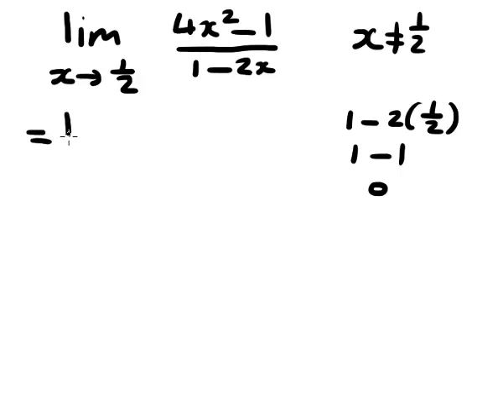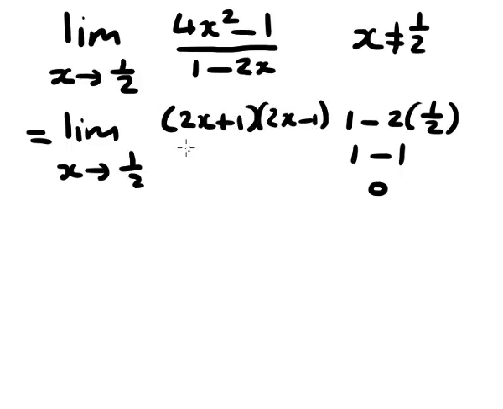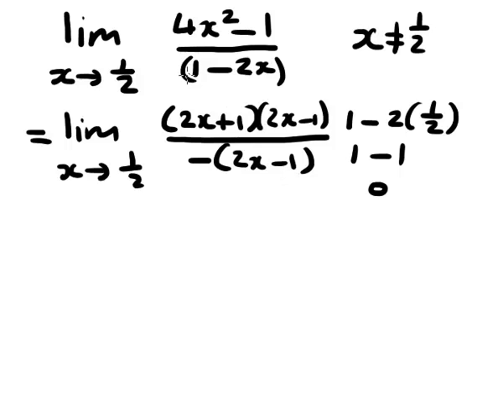Now, all we do is we factorize. So we keep our notation. Very important that we keep the symbols correct. Difference of 2 squares on top. And then we divide by. But now what I'm going to do is I'm going to take out a negative there, and I can swap around. Now check this. This is negative 2x plus 1. It's still 1 minus 2x, which is okay. Then the nice part is we can get rid of the fractions, or the top and the bottom there,